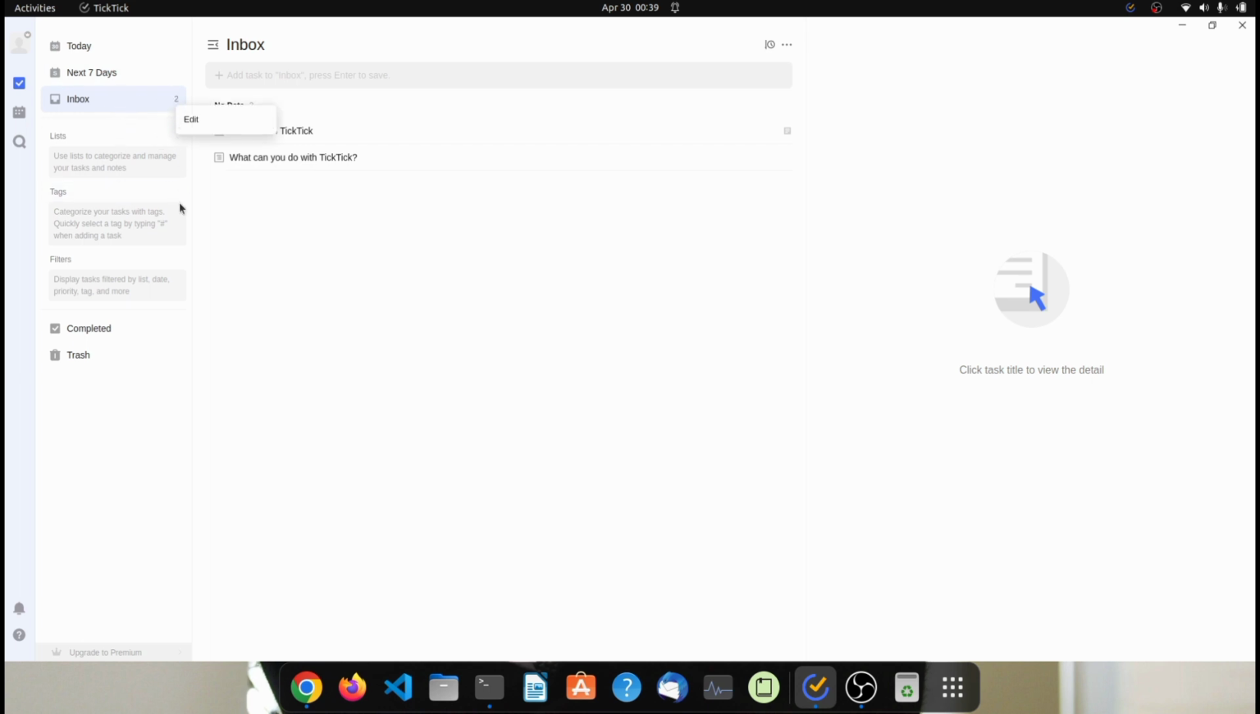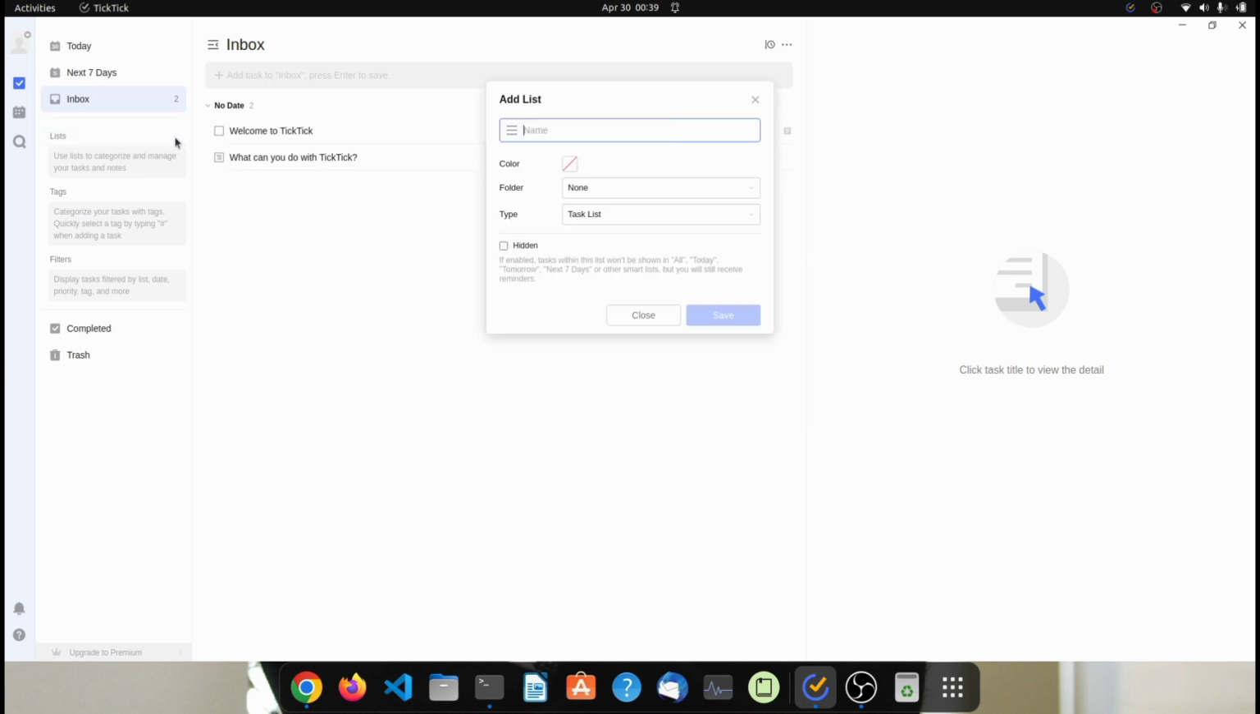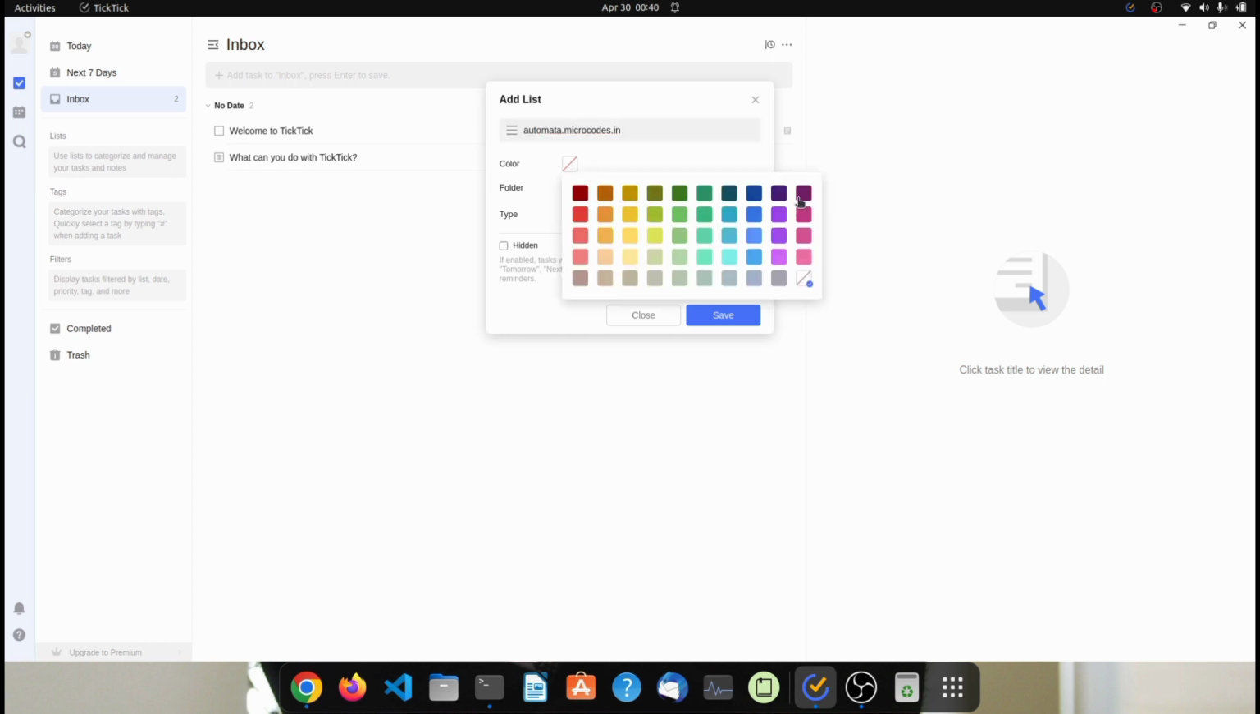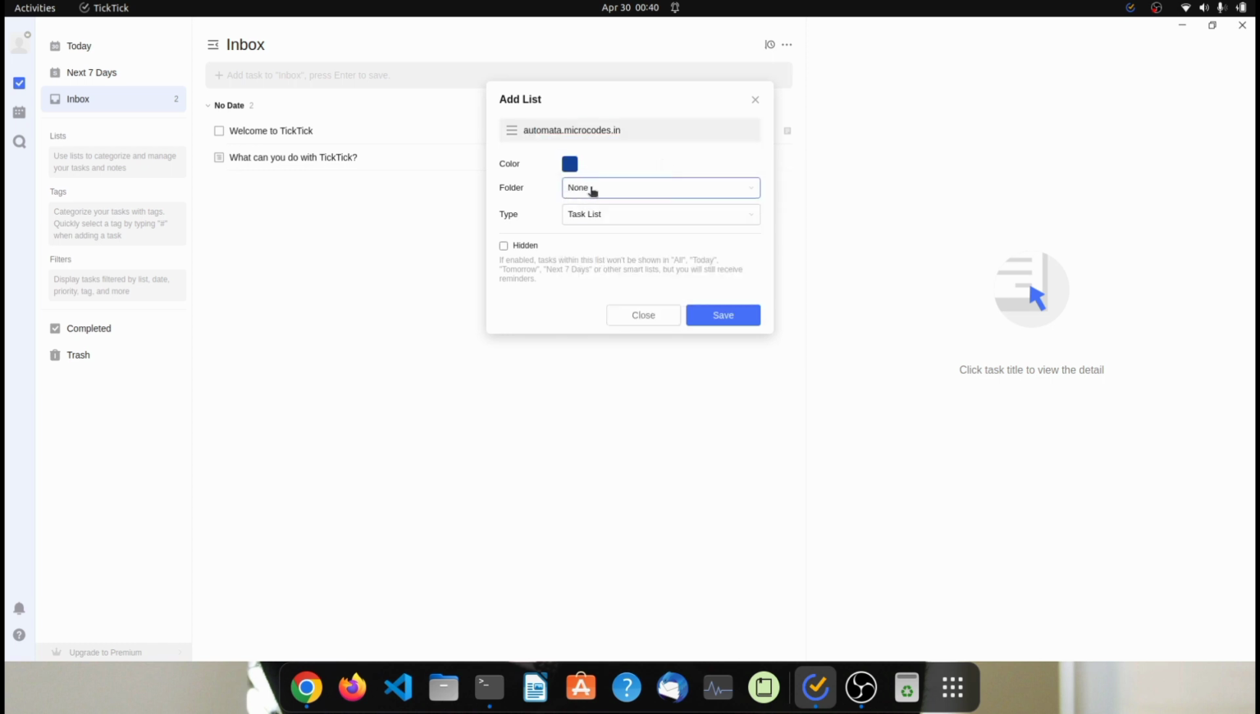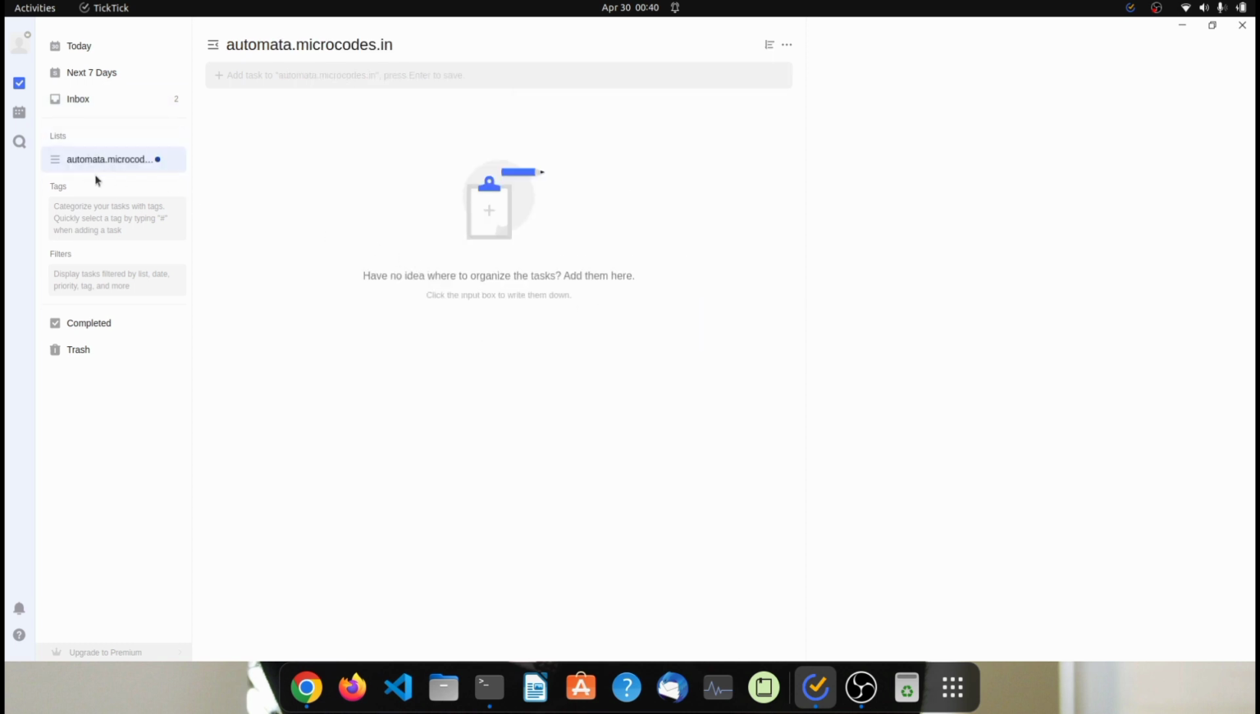For that, click on this plus icon of list, and let's say my list is automata.microcodes.in. This is my list name, and the color is, let's say, blue. Okay, and folder is none and type is task list. Click on save. So as you can see, the list got created, and now I can create multiple items inside